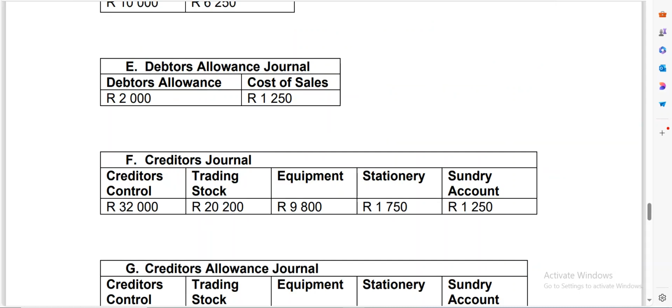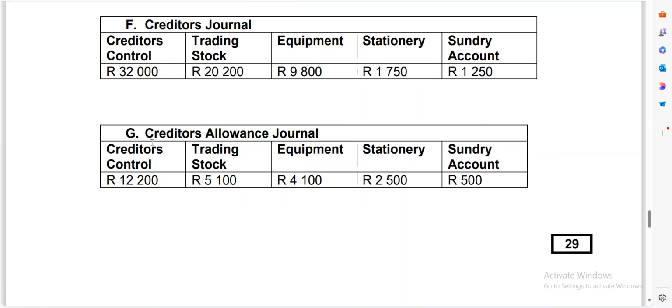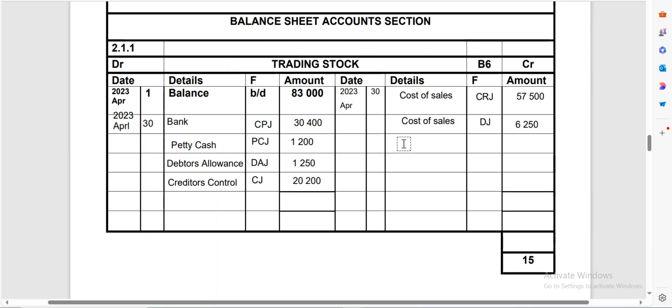And then what do we have next? We have creditors allowance journal. Creditors allowance journal simply means that people were returning goods. We're returning goods to our supplier. So we'd have creditors allowance for 5,100, and I'll come this side and say